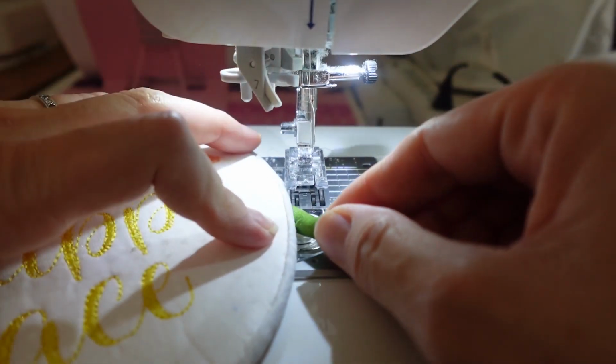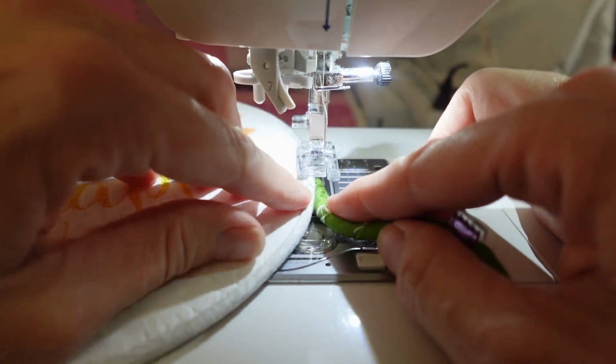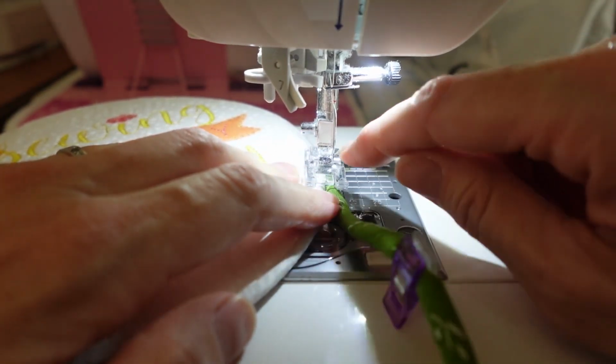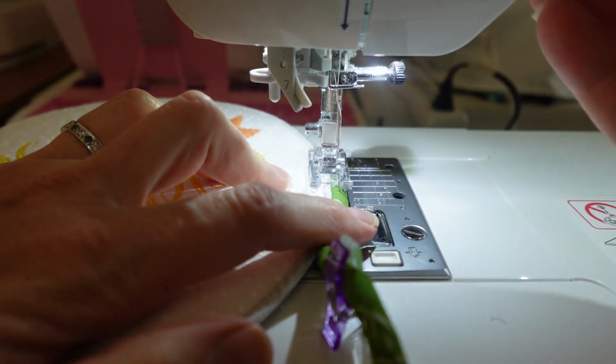You're going to want to pull this off to the side, match it up with this, slide it under your presser foot, get that center seam where both pieces meet, where your base meets your rope, center that with your presser foot. It's really handy. Mine has a little notch there. I don't know if you could see it. It's clear plastic. I'm going to go ahead and drop my needle,